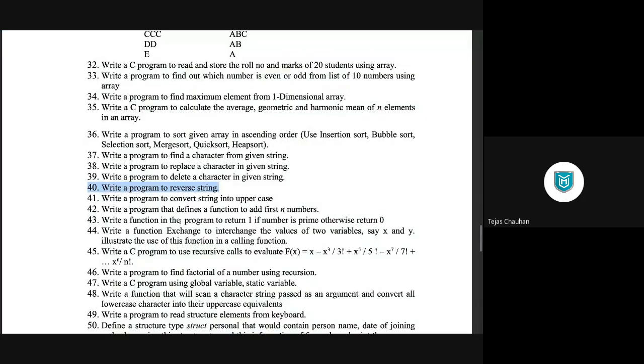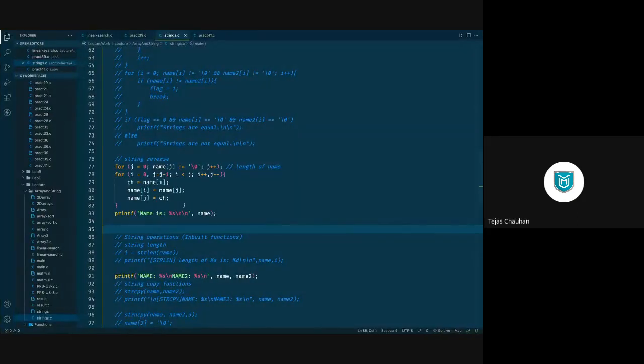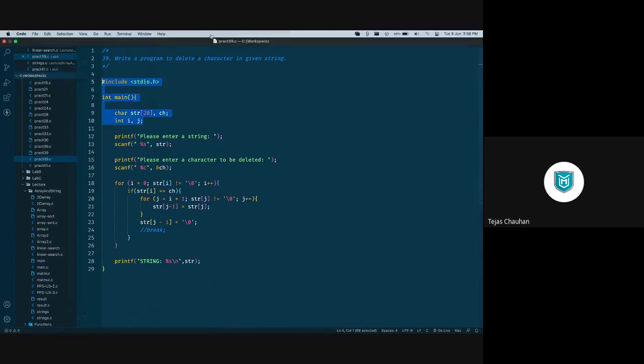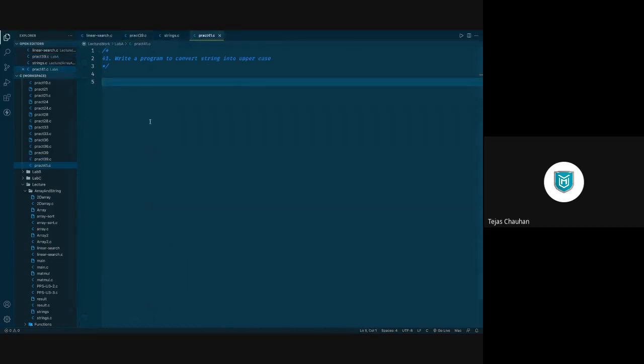And the last one is 41. It says write a program to convert a string into uppercase. Lowercase में आपको string लेना है, and you are going to convert that entire string to uppercase. Now let me show you this program also. Okay, so we'll jump in and let us have the next program here. So we need one string. We need not have any extra character here.